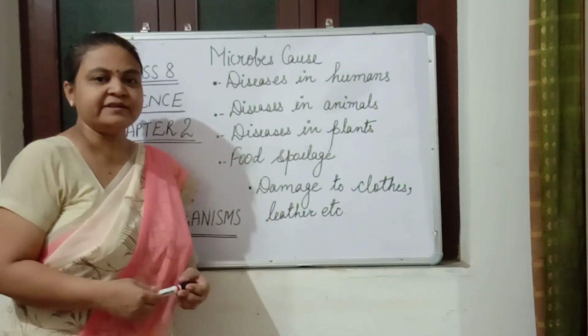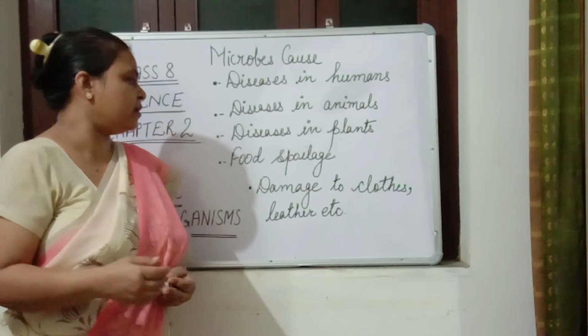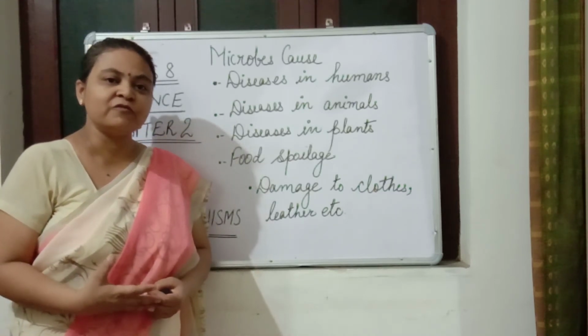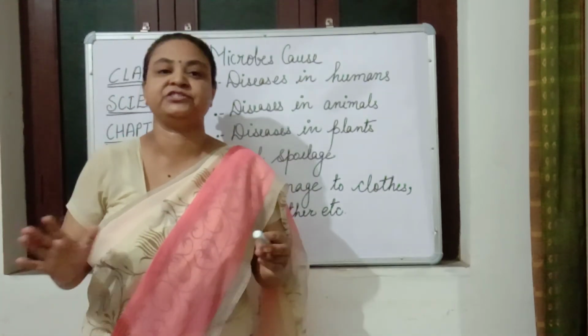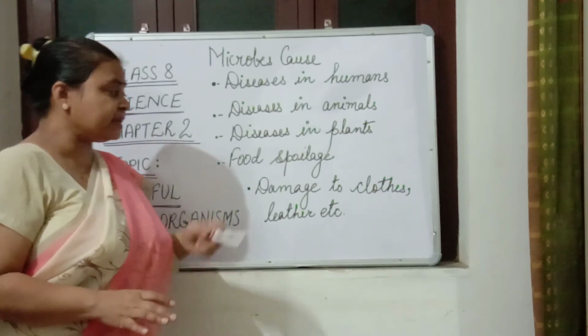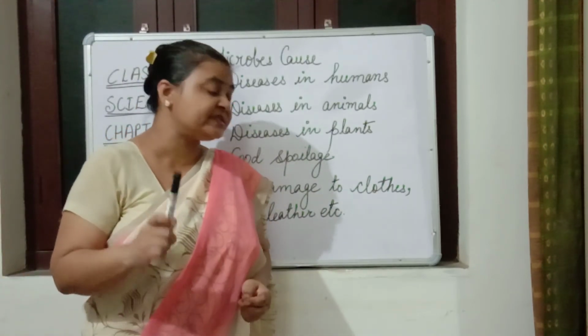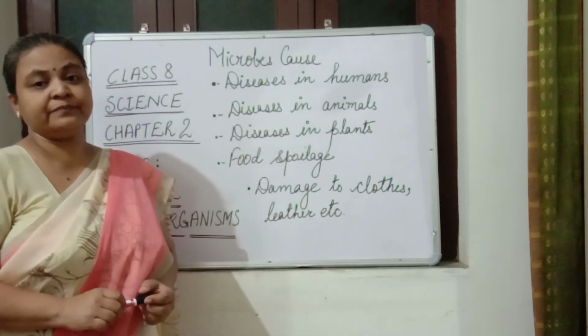So that is spoilage of food. Now how we can prevent this spoilage of food, we will be studying in the next video, that is about food preservation. And last but not the least, microorganisms also cause damage to clothes and leather, because clothes